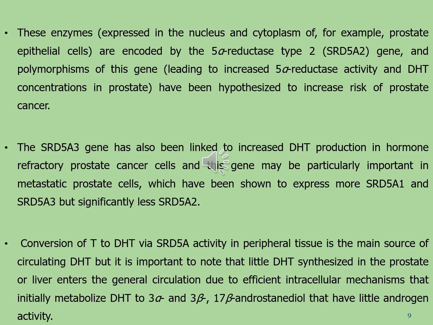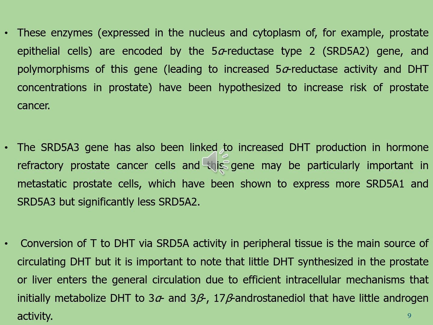The SRD5A3 gene has also been linked to increased dihydrotestosterone production in hormone refractory prostate cancer cells, and these genes may be particularly important in the metastatic prostate cells, which have been shown to express more SRD5A1 and SRD5A3 but